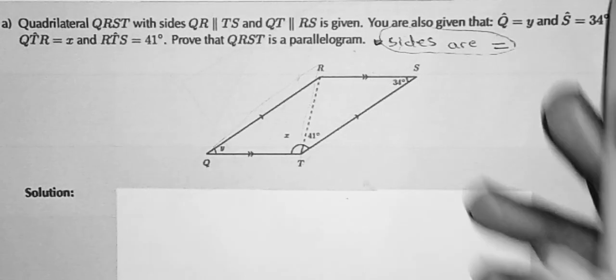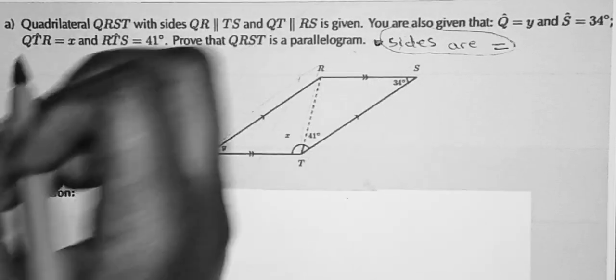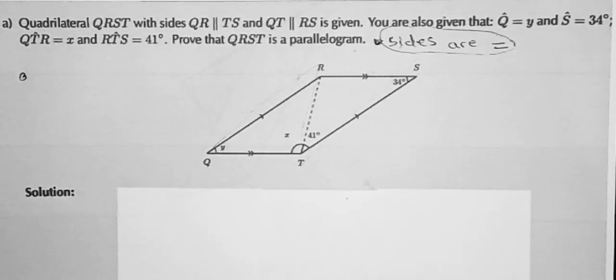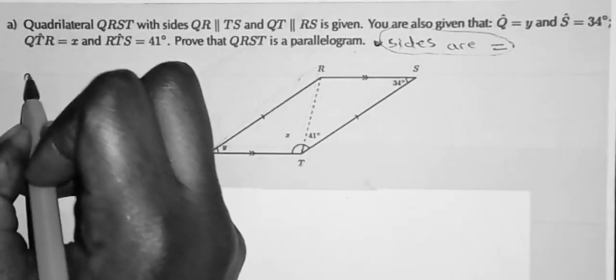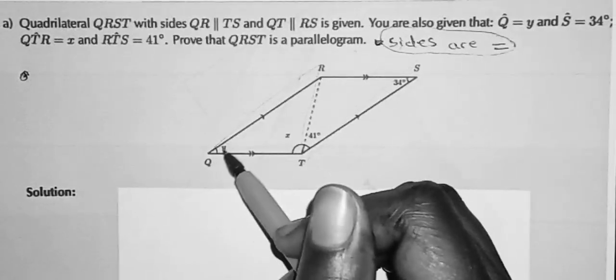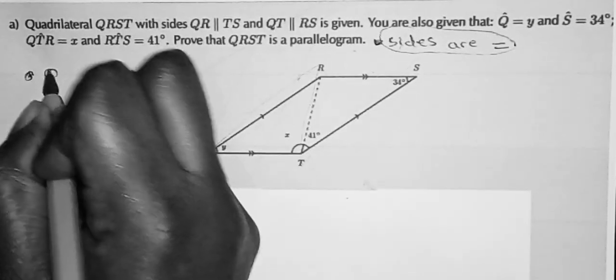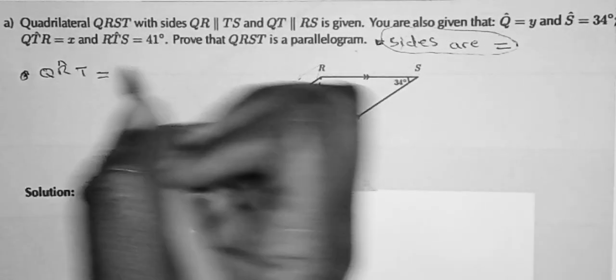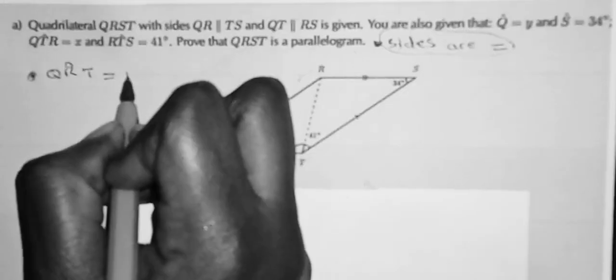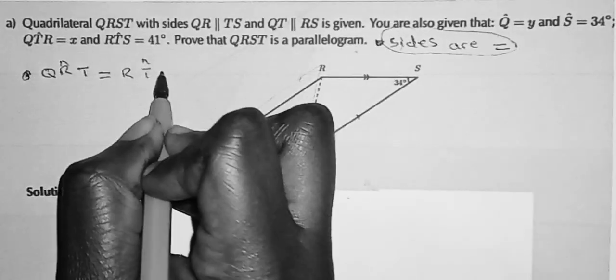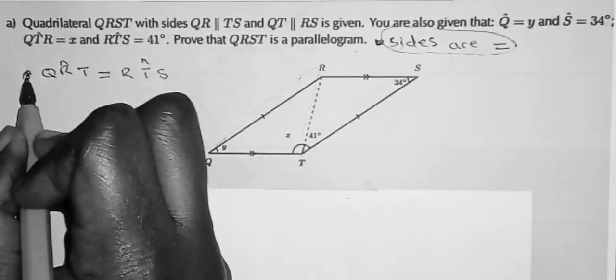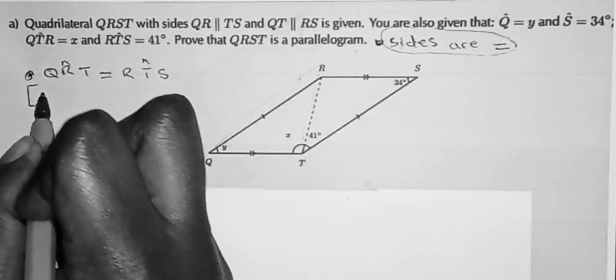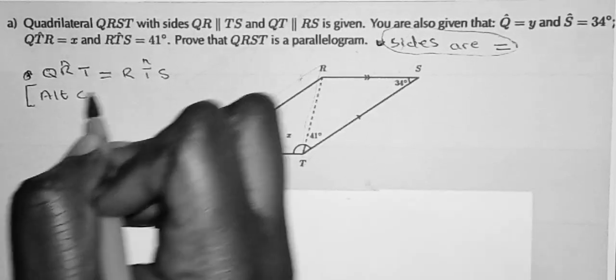So first of all, I'm going to say that angle QRT is equal to angle RTS. The reason will be alternate angles,